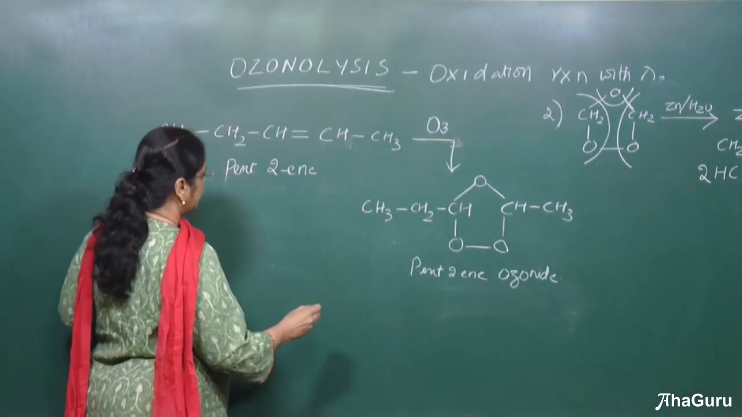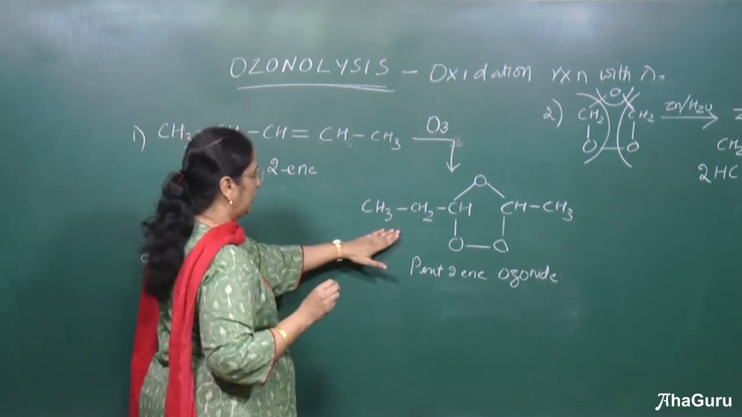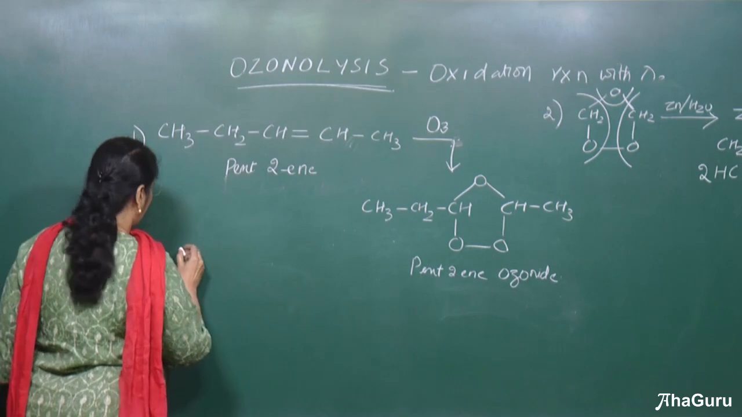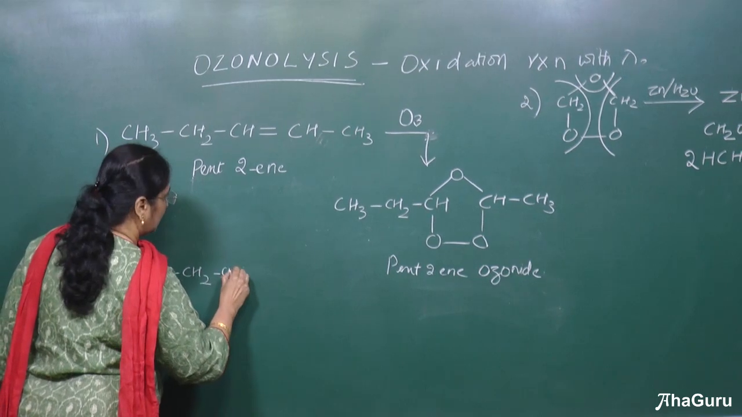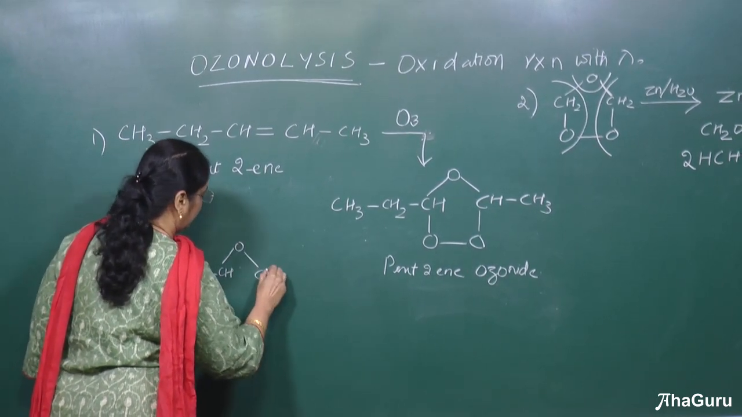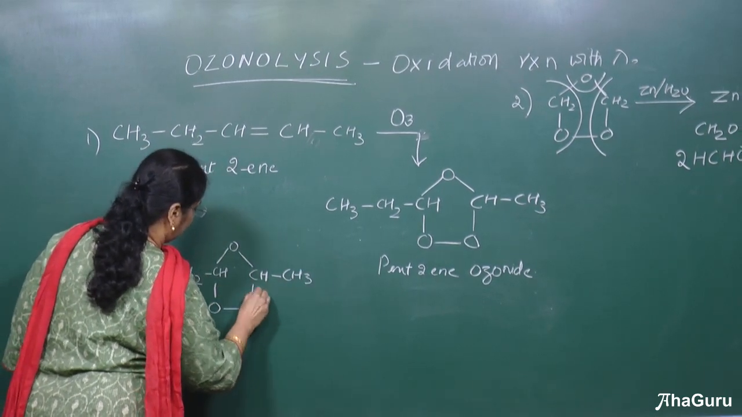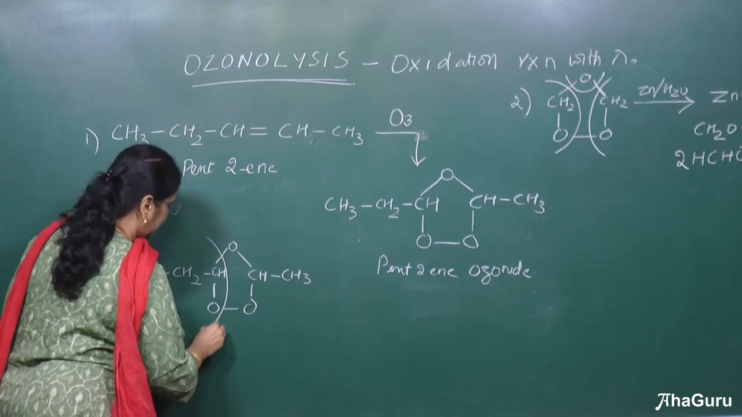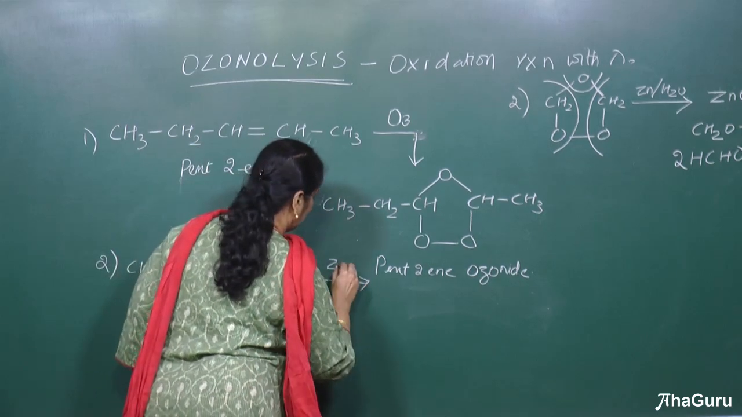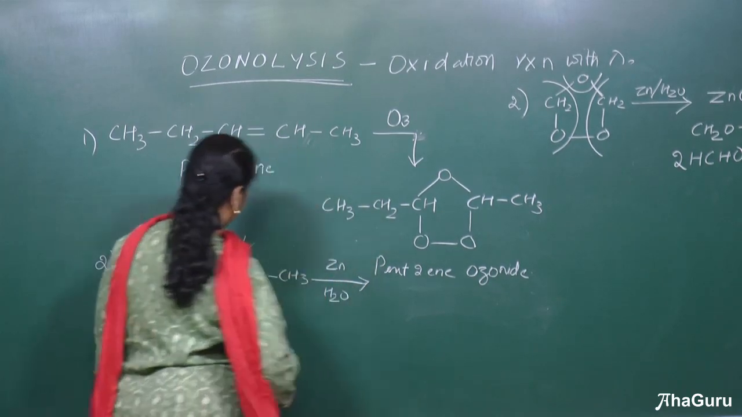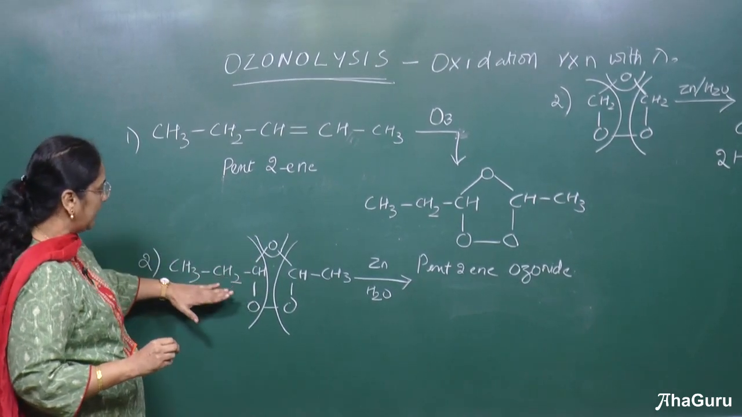Okay. So, in the second step, this ozonide will undergo cleavage using zinc and H2O. I will write the compound again, CH2, CH. It will cleave like this and like this. So, I use zinc and H2O. As I told you, the zinc will take this oxygen and form zinc oxide, and the major products are